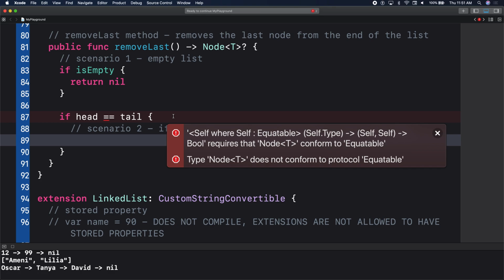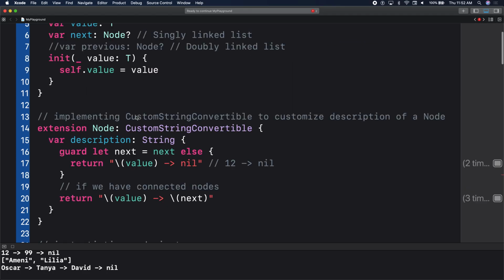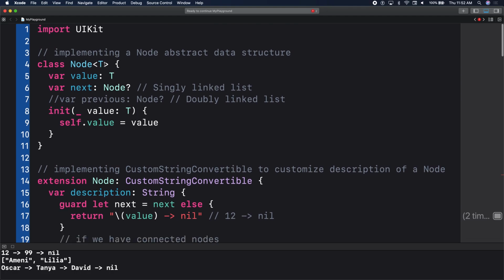Are there required methods? Chelsea was asking, are there required methods, right? Right now, the node doesn't know what values will make it equal. So you need to go ahead and implement the static function for Equatable, which we'll do together. Okay, everybody is at that error, right? Let's continue. All right, so let's go up all the way to our node, and we'll make type T